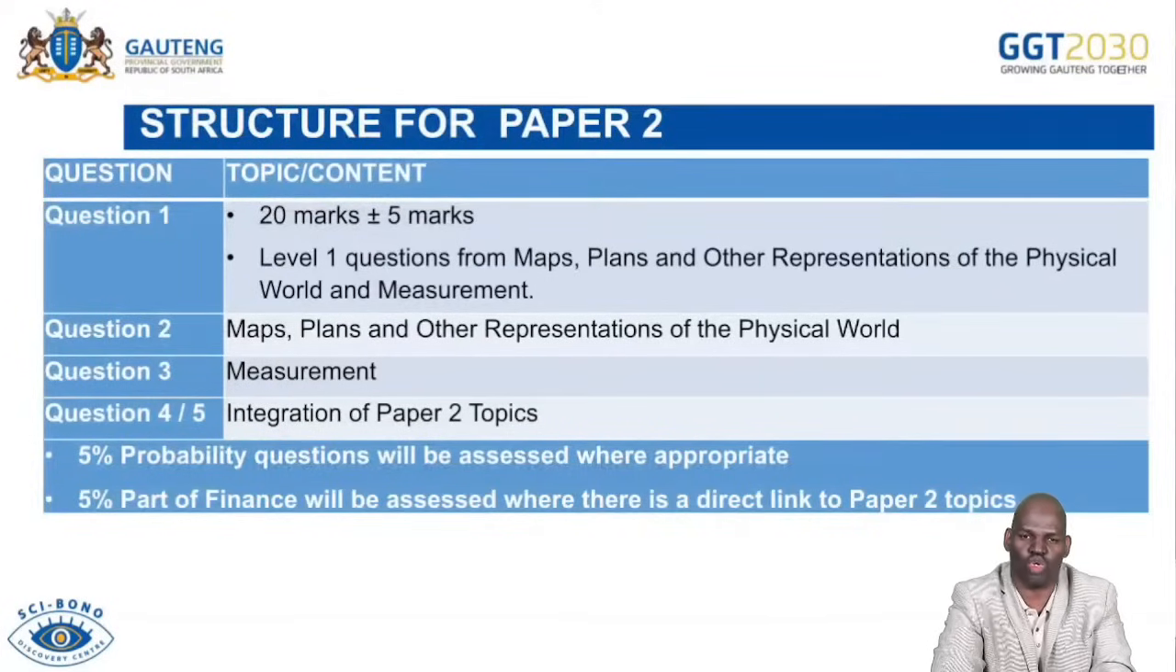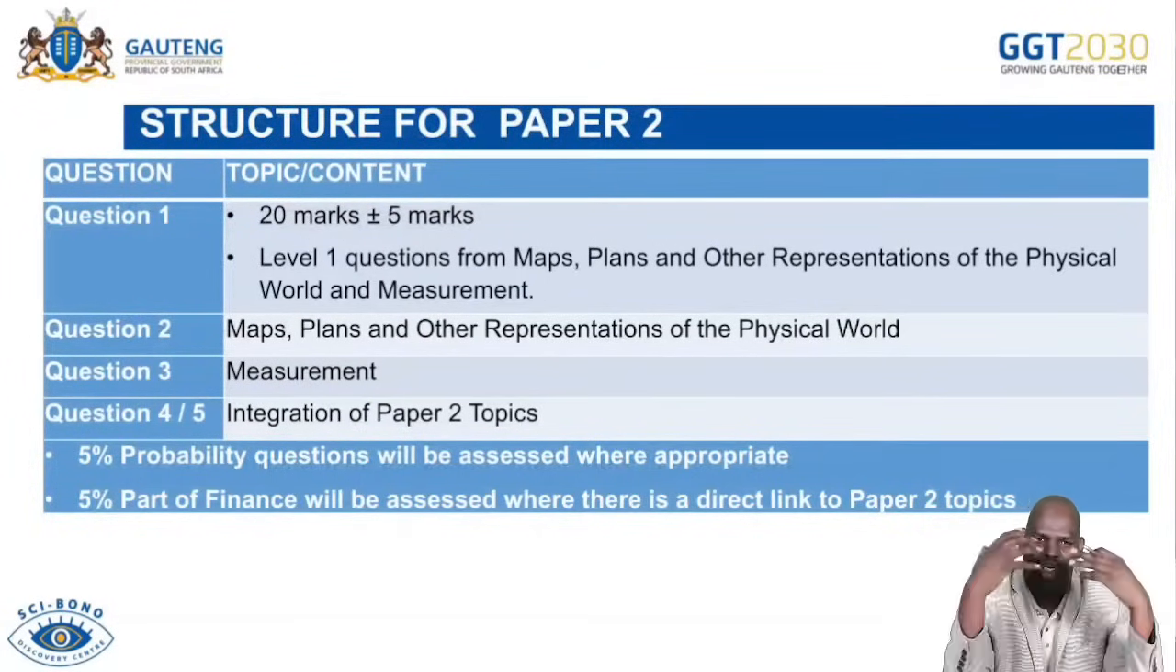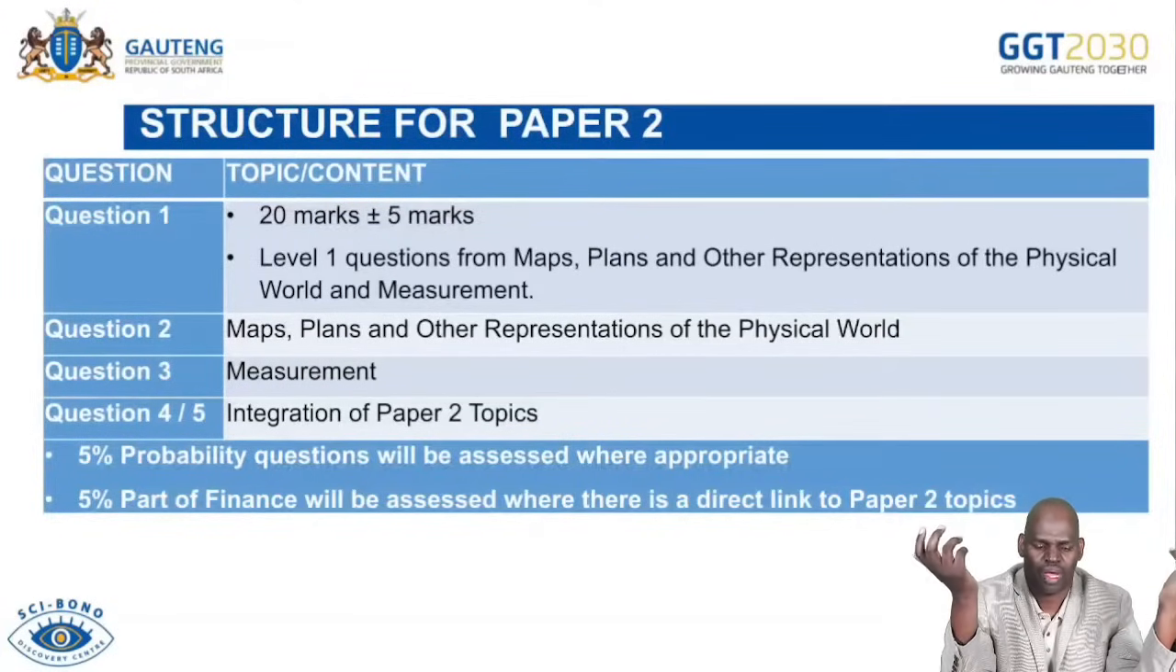If it's more, it's going to be about 25 marks. If it's less, it's going to be about 15 marks. That is why we say 20 marks plus or minus 5. It might be 21, it might be 22, but it won't be more than 25, and it will also not be less than 15. Boys and girls, as we always say, question 1 consists of the easiest questions